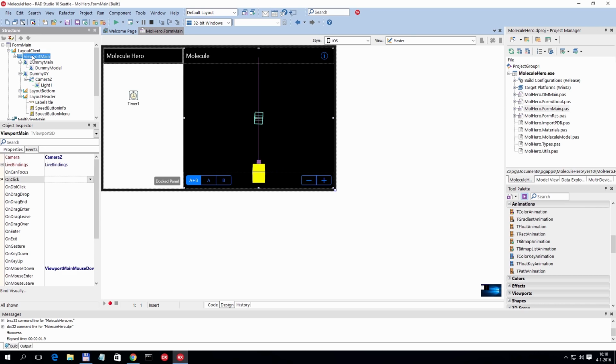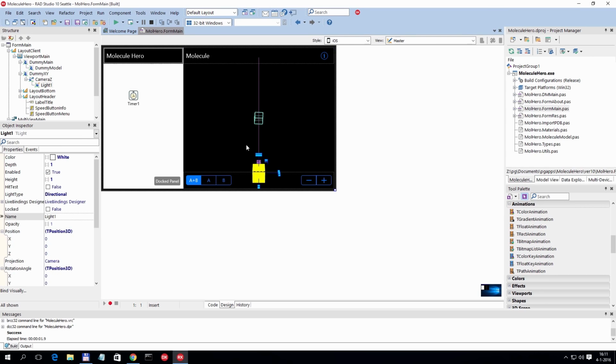Also the viewport main has a property called camera, so I can connect the camera to the viewport. There is also a property, use design camera, set to false, so the viewport does not use the camera that is built into the FireMonkey framework, but the one that is placed on the